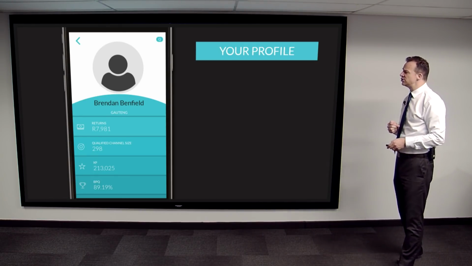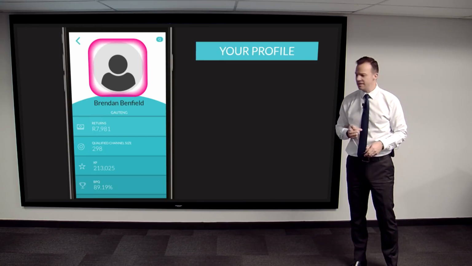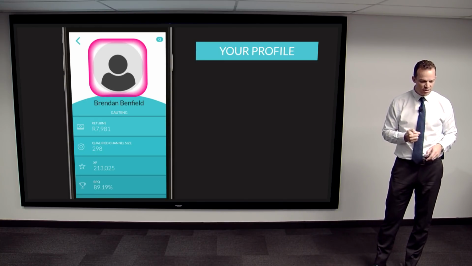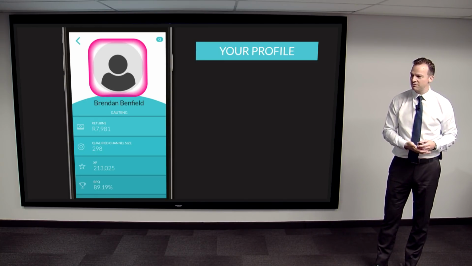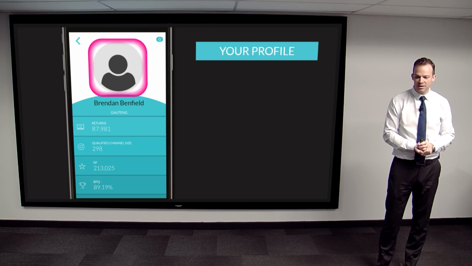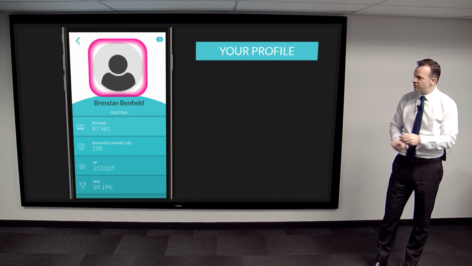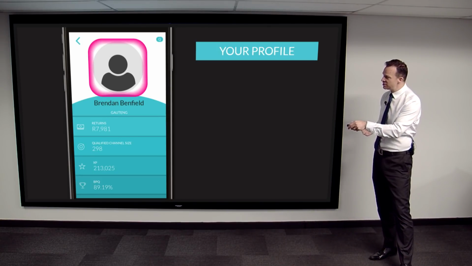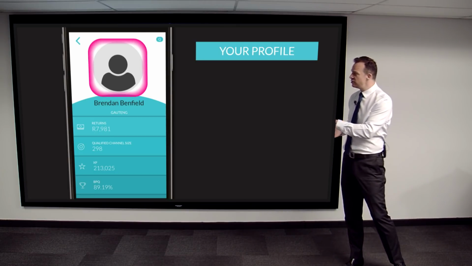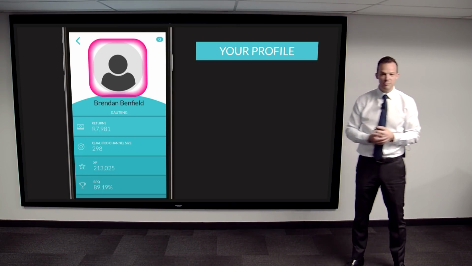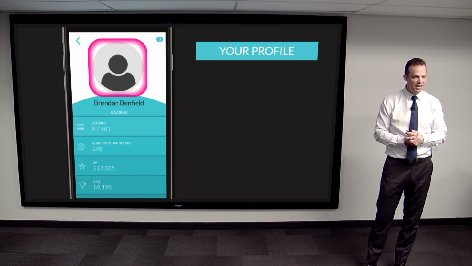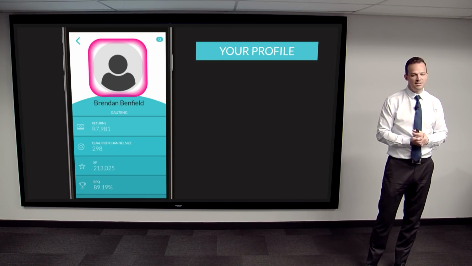If you want to get that 1000 XP for taking a profile photo, you will see your name in the top left corner of your app. So if you look at your app, can you see your name in the top left? Click on your name, right? And then it'll bring up your profile page like this. This is your profile page. If you haven't taken a photo, it'll be blank. And you'll see there's a little camera icon in the bottom right corner of the picture. Click on the camera icon, take a selfie, right?